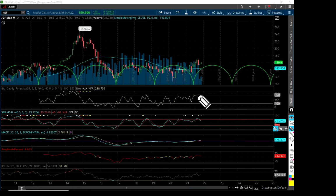So that means the indicator's going down. The indicators are going down, but price is going up, right? Usually when that happens, prices will begin to turn over and follow the indicators, okay? So just keep that in mind. We're getting a little bit of a divergence going on here. And again, as I said in the live cattle futures, usually prices tend to gravitate back towards the 50, even